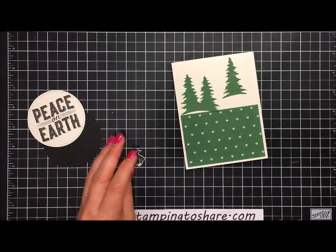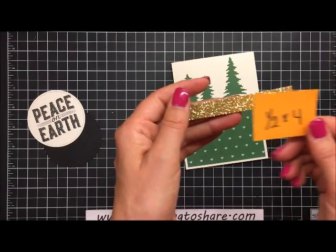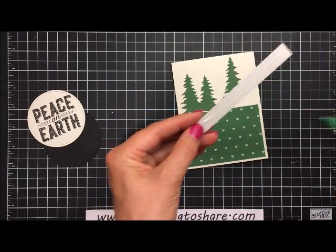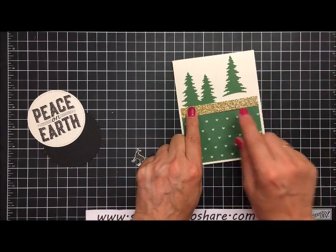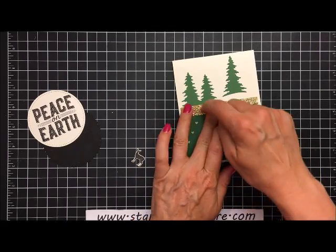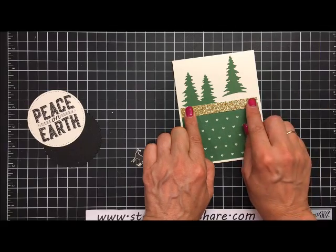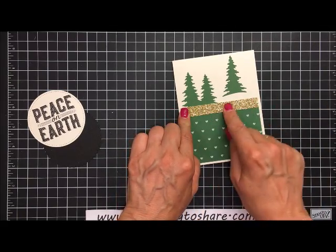Now what we're going to do is we're going to take a 1/2 inch by 4 inch strip of our gold glimmer paper, and again, using a little multi-purpose liquid glue on the back, we're just going to cover up that little section right there so that you don't see the edges of those trees. So we'll set that in, give that a nice press, and let that dry a little bit so that holds